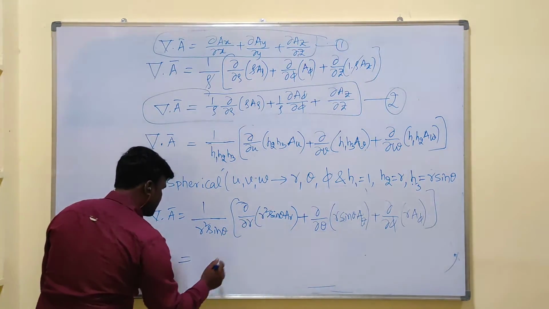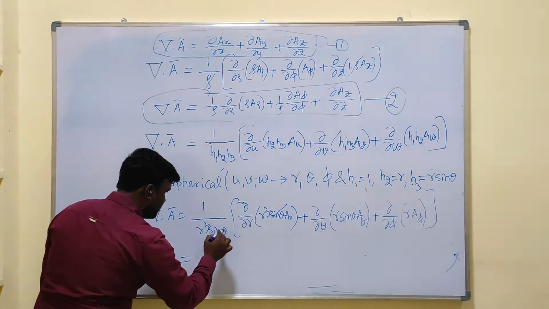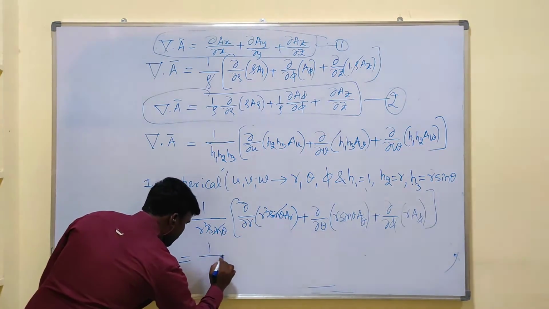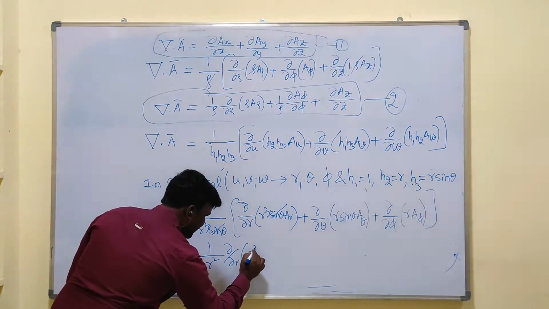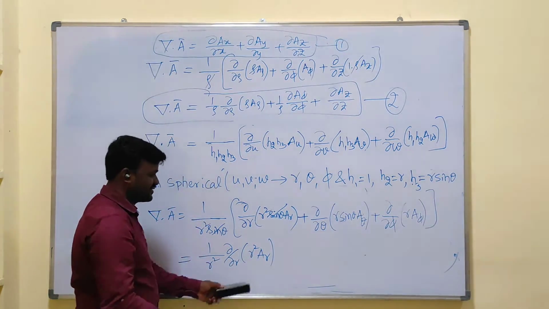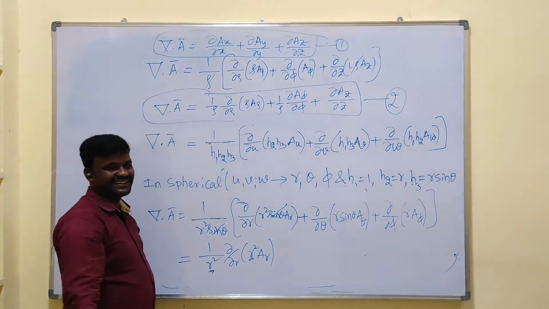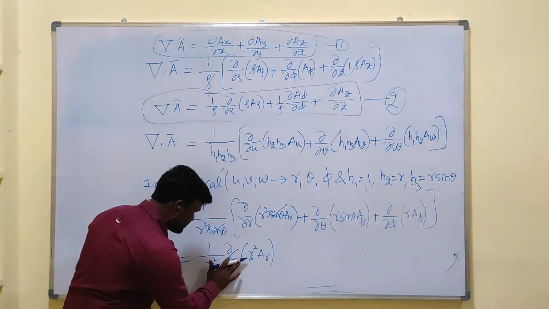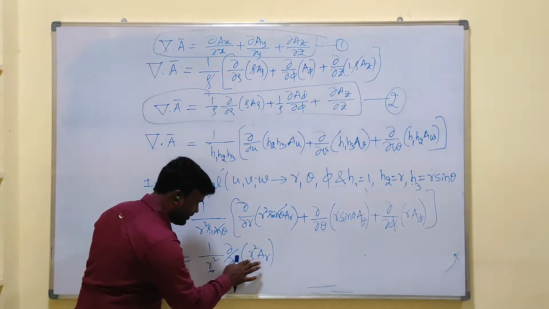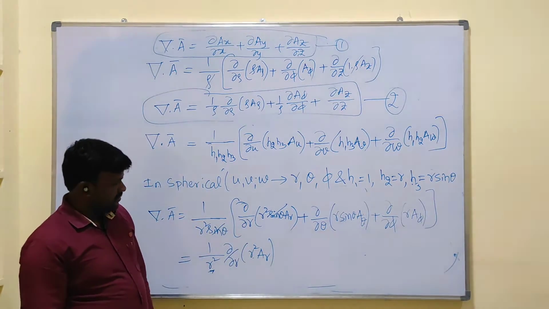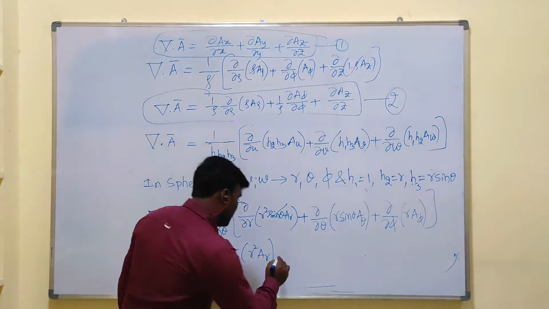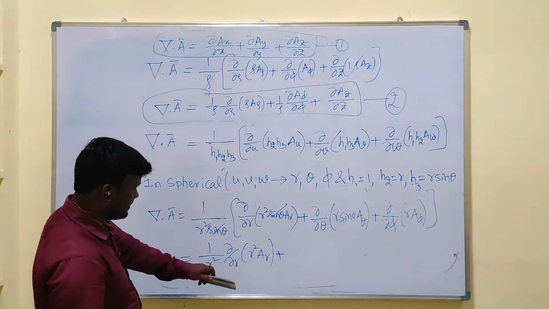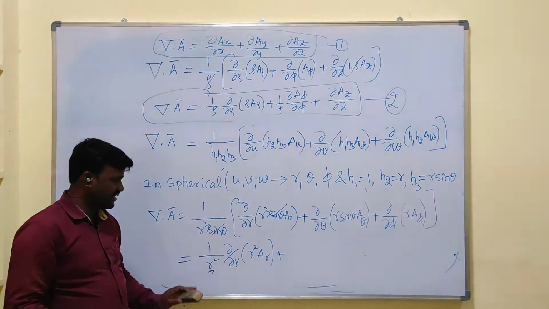Here sin theta is constant, we can write, this sin theta cancels out: 1 by R square ∂/∂R of R square A R. Don't cancel this R square because here it is partial differentiation with respect to R. First we need to perform the differentiation, then only we can cancel R. Now, if there is a possibility of cancellation, we can cancel. Otherwise,